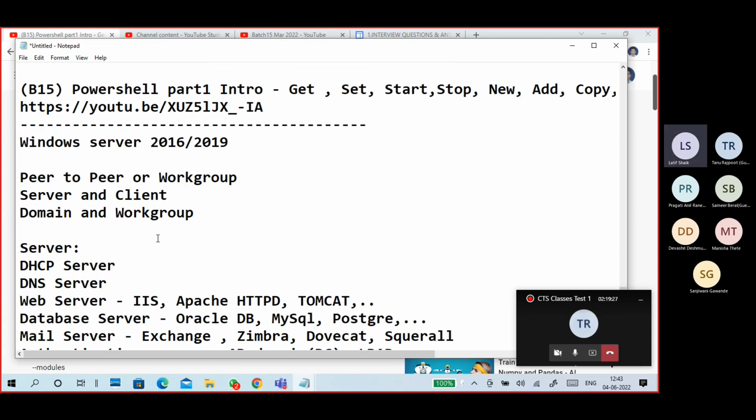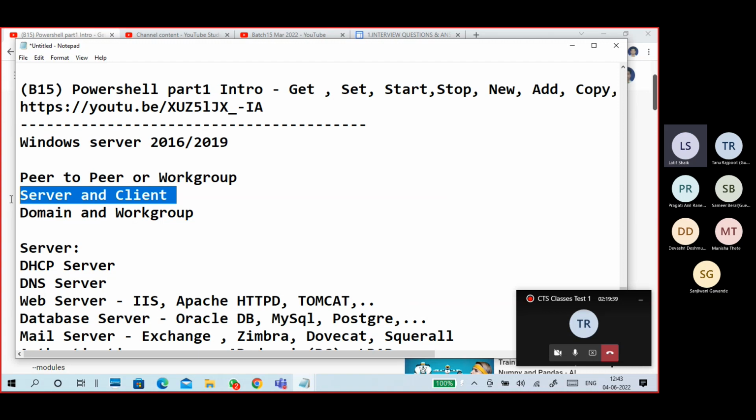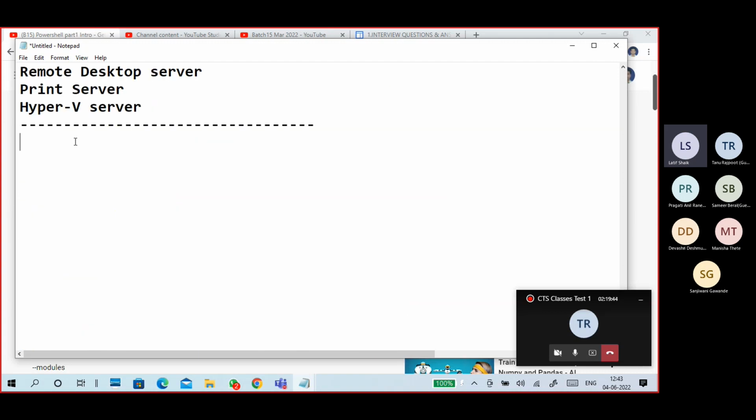Okay, so this is Windows Server 2016 or 2019. Peer-to-peer, workgroup. I already discussed server and client. So different types of servers we also discussed. Next one is domain and workgroup.